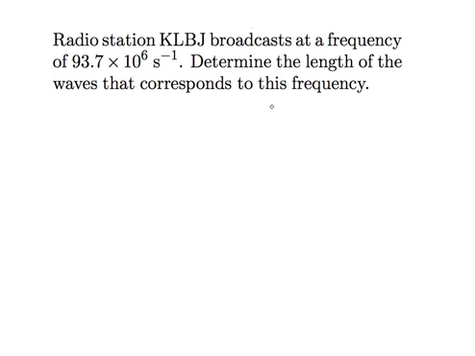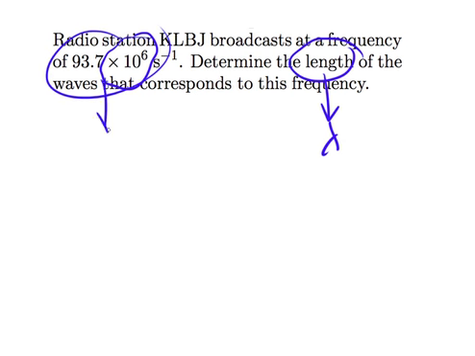The radio station KLBJ broadcasts at a frequency of 93.7. On your radio dial, that's what it says, 93.7. That's in megahertz, and this question has already kindly changed that into megahertz per second for you there. We're supposed to determine the length of the waves that correspond to this frequency. So the length here is lambda. This frequency here is given. So we just got to put the two together